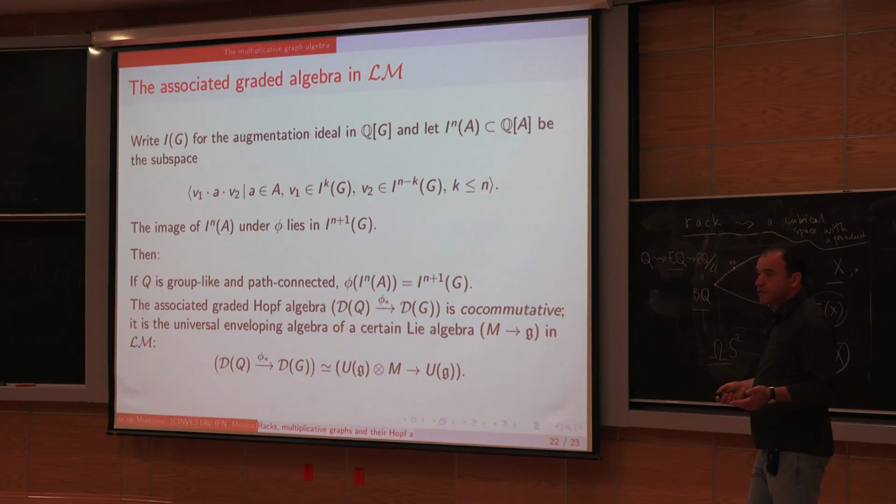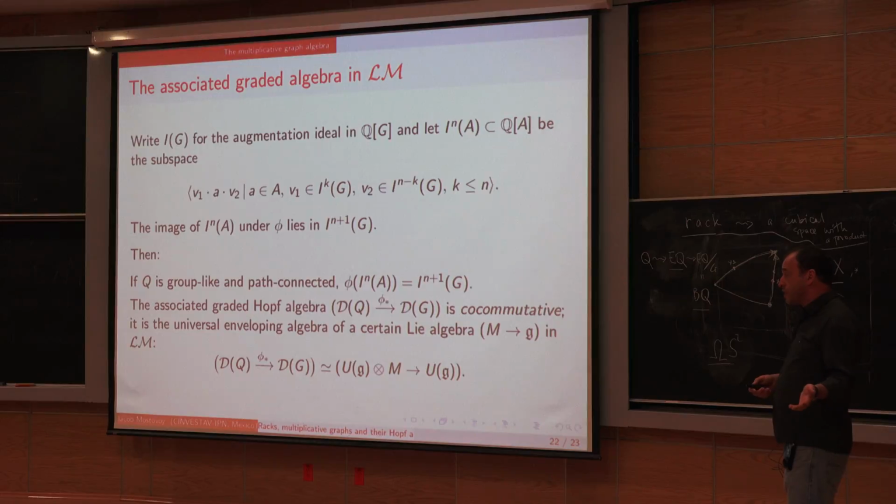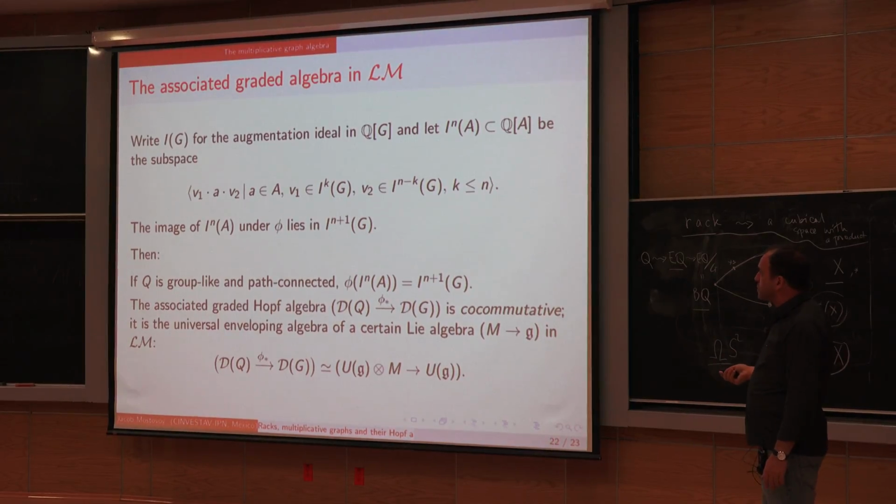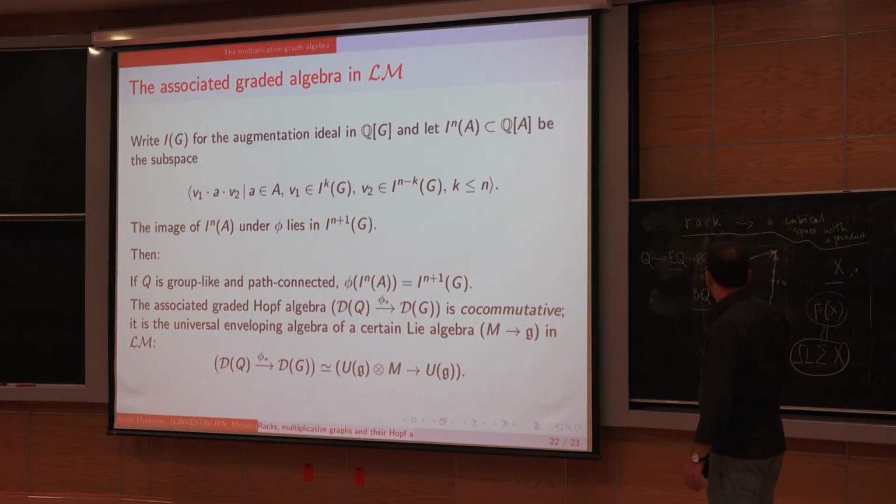This way we can define the lower central series, and the associated Lie algebra. More or less the same thing works in the Loday-Pirashvili category. To a RAC, to a multiplicative graph, we can associate some